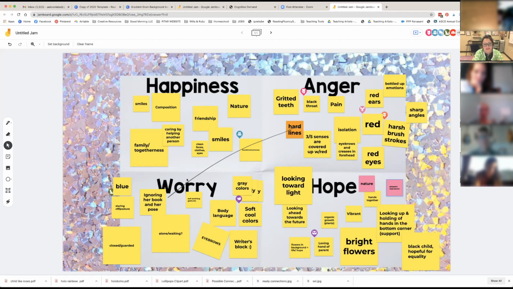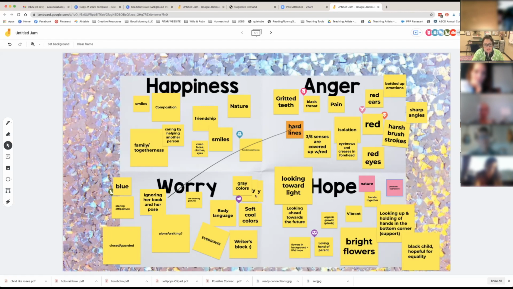Do you think there was a lot of attention to detail there by the artist? Yeah, definitely. What about, if you were in second grade, would you think that the artist used as much detail with those two as, say, the one that showed hope and happiness? Not as much. A little more abstract, weren't they? Definitely, a lot more abstract than the hope one. So there again, we can talk about how the artwork is composed, or the composition of the artwork and the elements of art, and you can take that deeper.